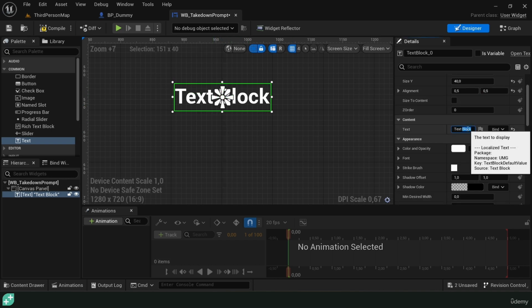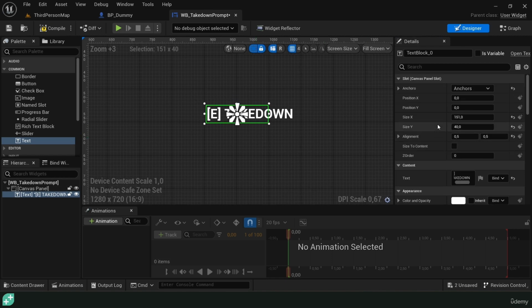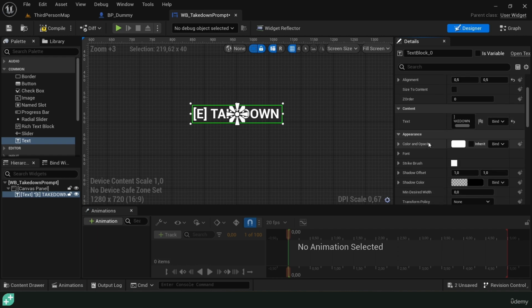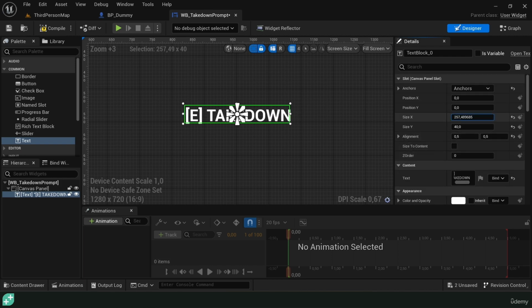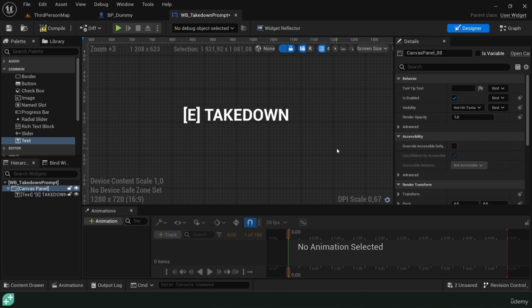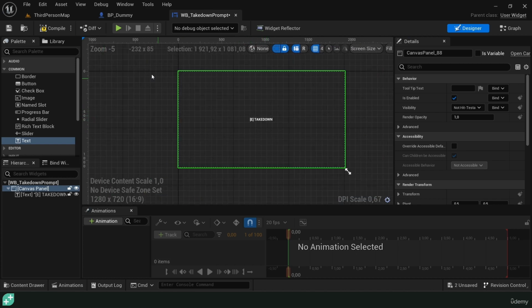Now we can take the text and put, for example, brackets with an E, and then put, for example, take down, and that's really it. Let's make this a bit bigger, so we can change the size on X, as you can see, and also maybe a bit of the font. So maybe we could put this at 30, and now also change a bit the size X and a bit the Y. You can see it's quite little on the screen,